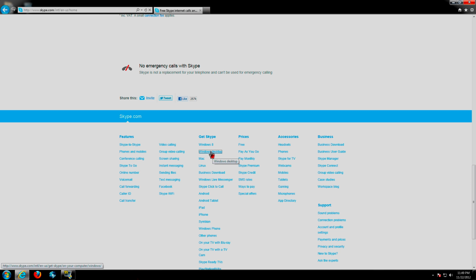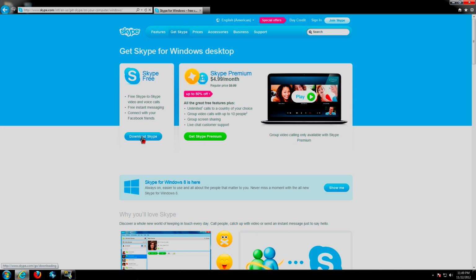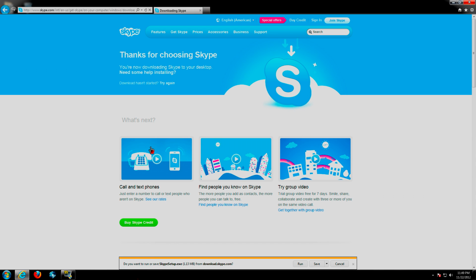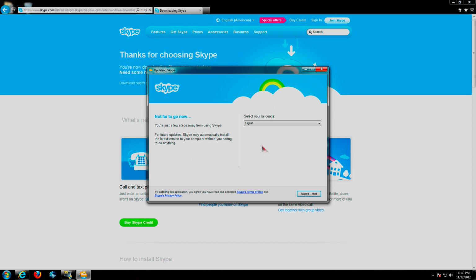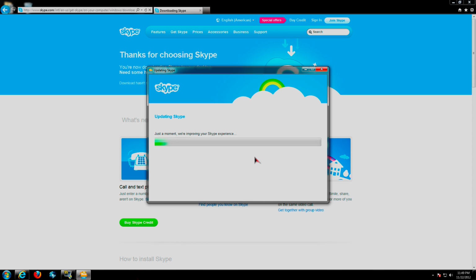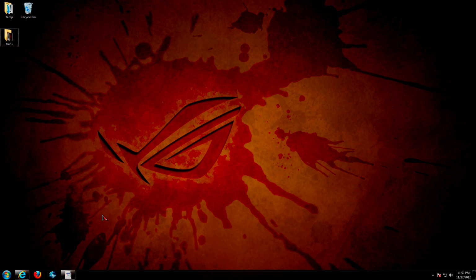Now we go to Windows desktop since we're not using Windows 8. And you would download Skype, which is the big button highlighted right here. Now we will press Run on the bottom where Internet Explorer will pop up. Press yes, and I agree. And we're going to go through every single step until it's fully installed. Now, since we just finished installing Skype, now